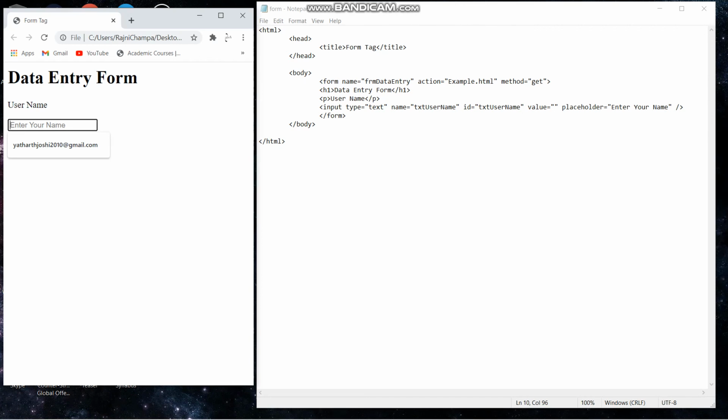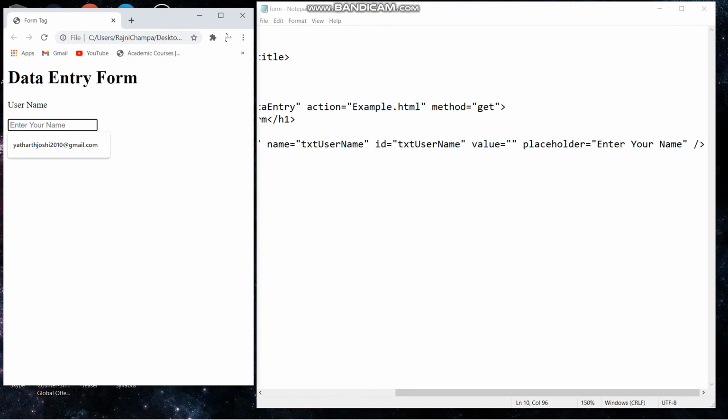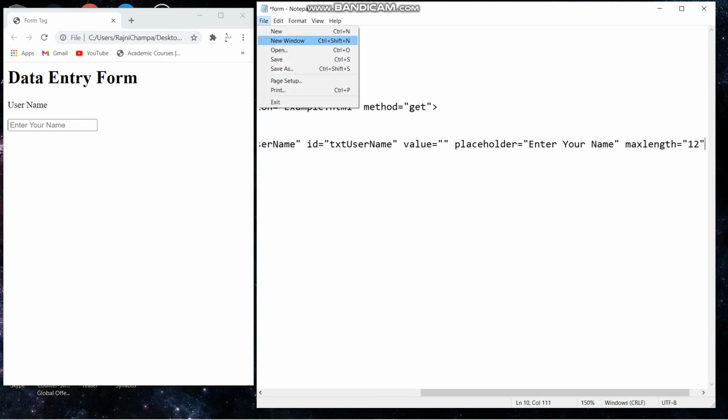Now another attribute that I will use is maxlength. Maxlength will fix the number of characters you can enter in this text box. If I write Yuvraj Joshi and keep typing, it is not writing there.